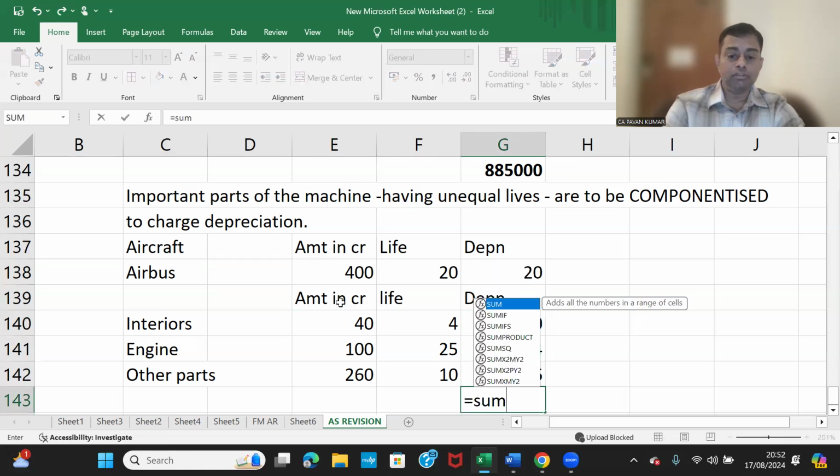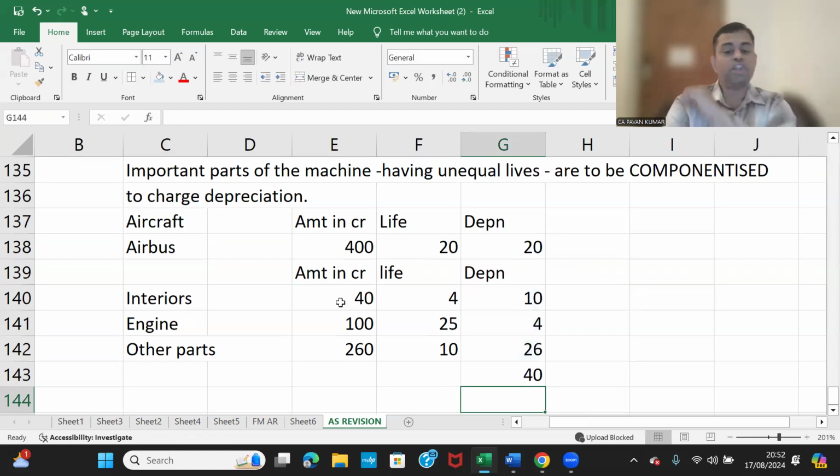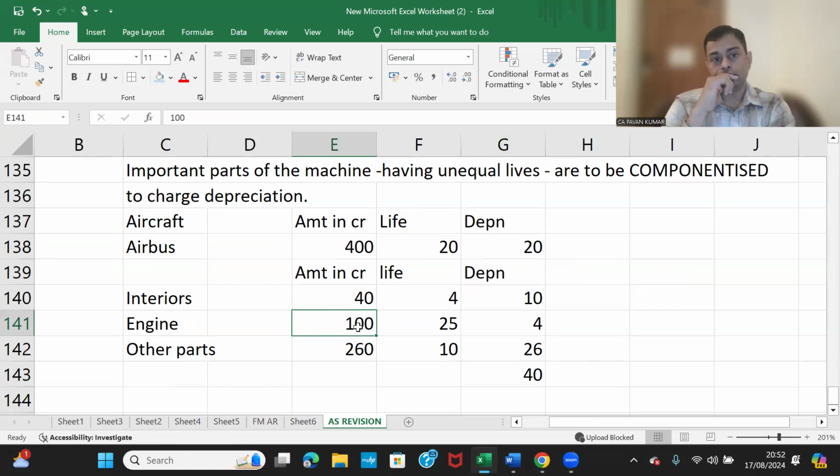So this is the sum of. So depreciation is not 20, it is 40. So at any point of time, Pavan sir, engine replaced, you know what is the WDV of engine in your books now. You replaced interiors, you know what is the WDV of interiors in your books now. Other parts, you know what is the WDV in your books now. But